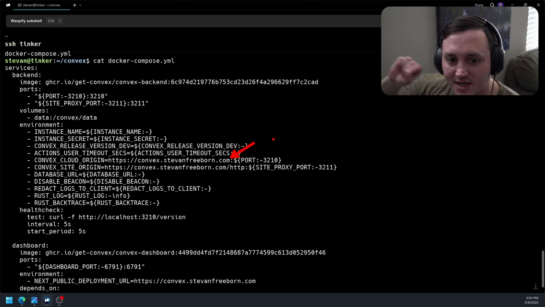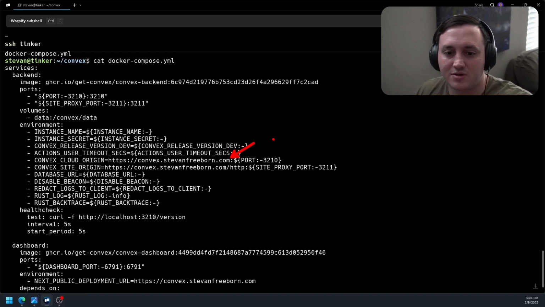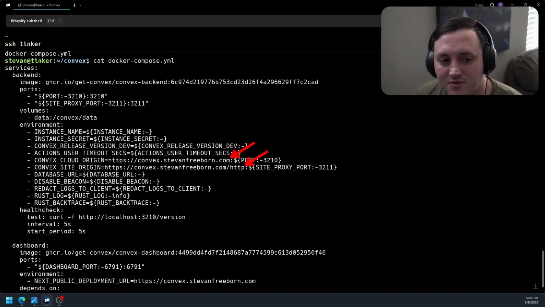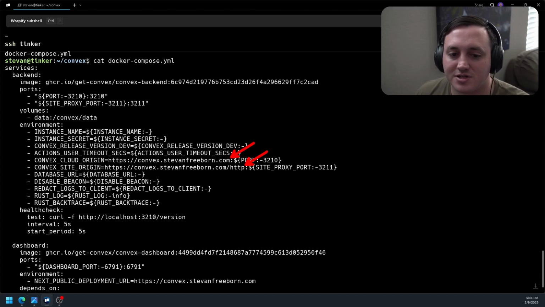Convex via WebSocket, right? So you remember in my Nginx configuration, I had this domain set up to proxy traffic to 3210 on my localhost, which is the piece of the Convex backend that handles the WebSocket connections. And then I also had to replace the Convex site origin environment variable. And this one you want to set to the URL or the domain that you configured to handle traffic that needs to be proxied to the other port that's running on the Convex backend container that handles the HTTP